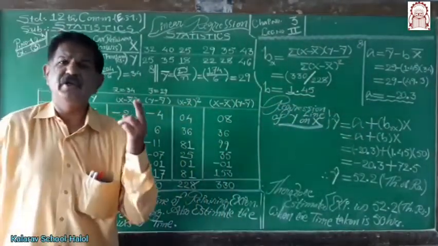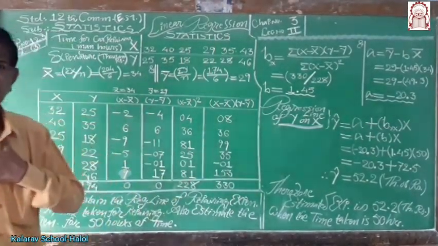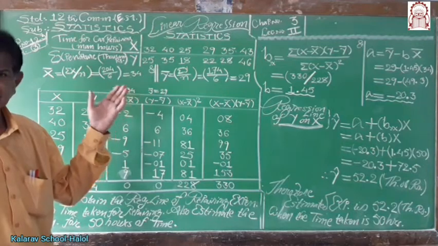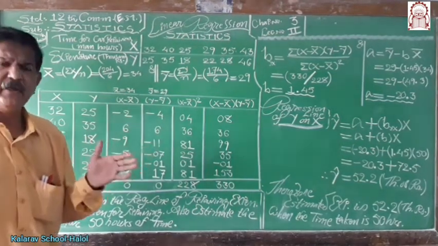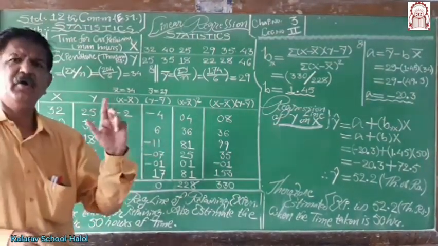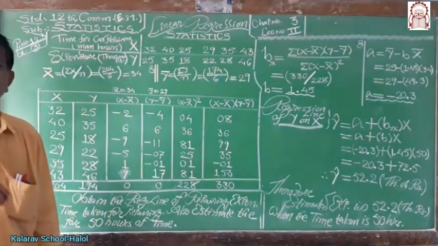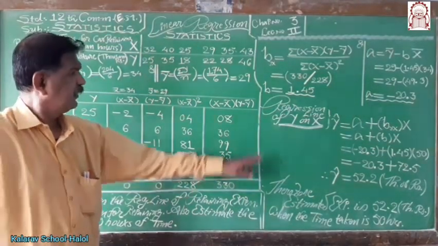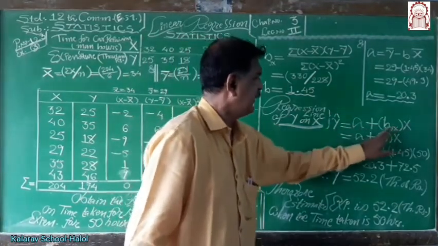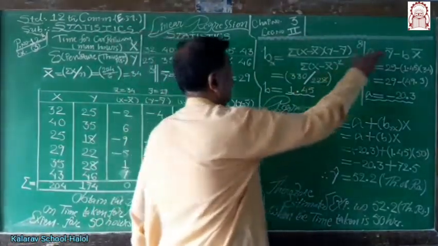Now, in general, we make use of the regression line of y on x. Here we have to estimate the expenditure when repairing hours, man hours, is given as 50 hours. Obtain the regression line of expenditure on hours, that is repairing hours, and hence estimate the value of expense when man hours is 50 hours. Now the regression line of y on x, the equation is given by y cap equals a plus bx, and b means byx. Now first of all calculate b and hence a.